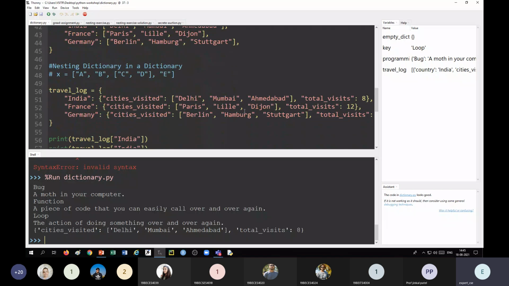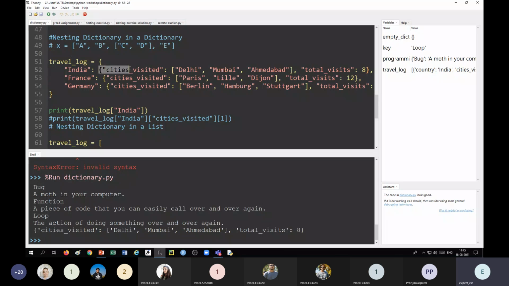So here, to print the value of India, which is a dictionary, just by taking the key as a subscript, we can print it. But suppose we want only the cities visited of India. We can print it in this way.